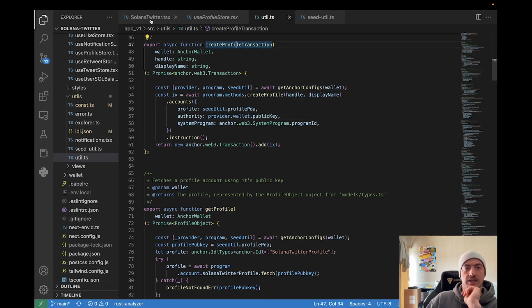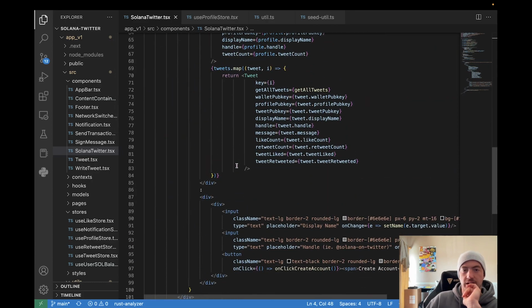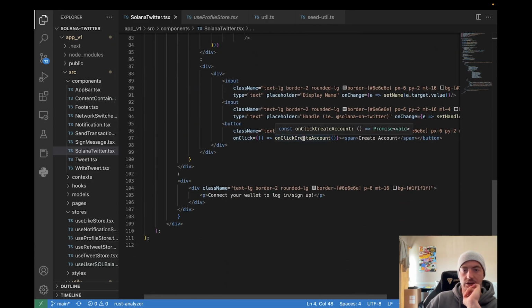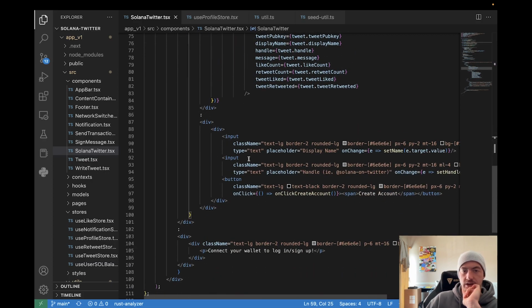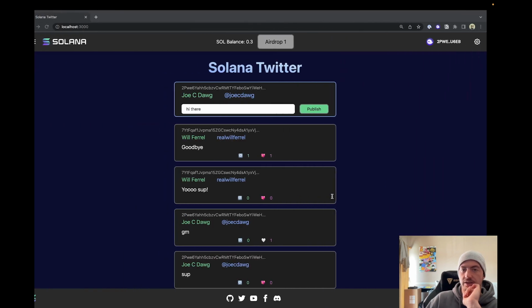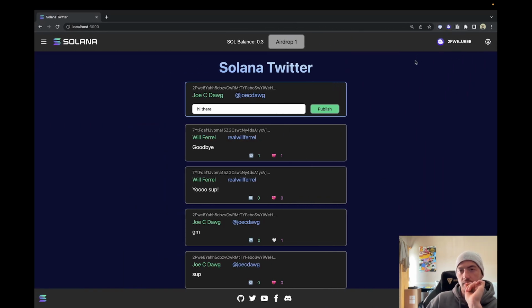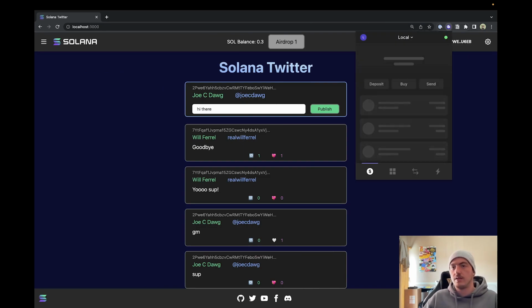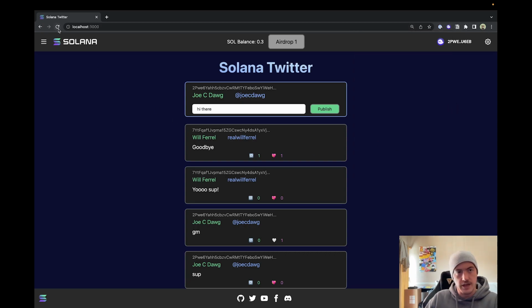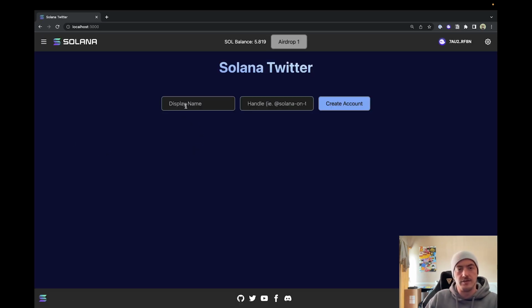So when I first sign in, if I don't have a profile, you're going to see there's an on click create account, right? If I don't have a profile yet, then this is going to be the screen that I'm presented with, which is going to allow me to create an account. And that looks like this. If I just change my wallet, then you'll see what that looks like. So if I flip over to one of my other many wallets, you can see that the app will change and I'll be prompted to create a new account, right? And so I'm just going to refresh one more time to make sure this is all good. And so if I just do Joe2